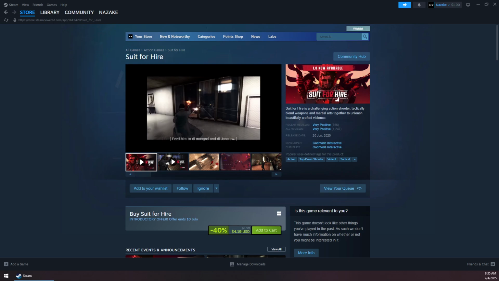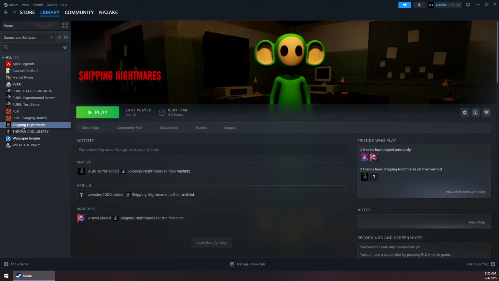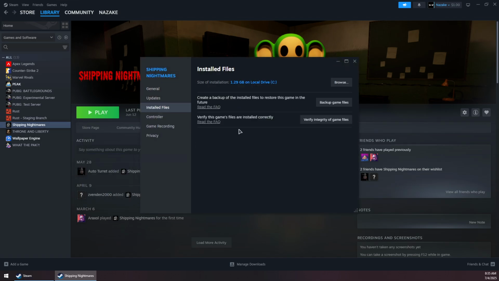How to fix Suit for Hire crashing on Steam. So first, go to your Library section and click on the game in your library, then go to Properties, Installed Files, and click on Verify the Integrity of Game Files, and then just wait for